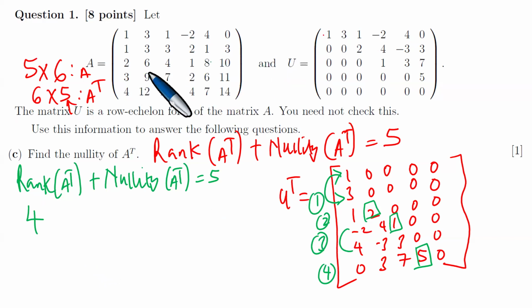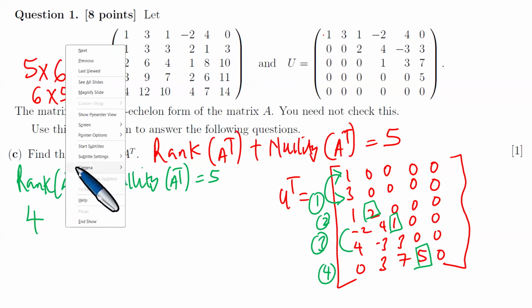It means that even the rows themselves are row equivalent. If the rows are row equivalent, you can take either this row or that row. You have that choice. So at this point, you have exactly rank plus